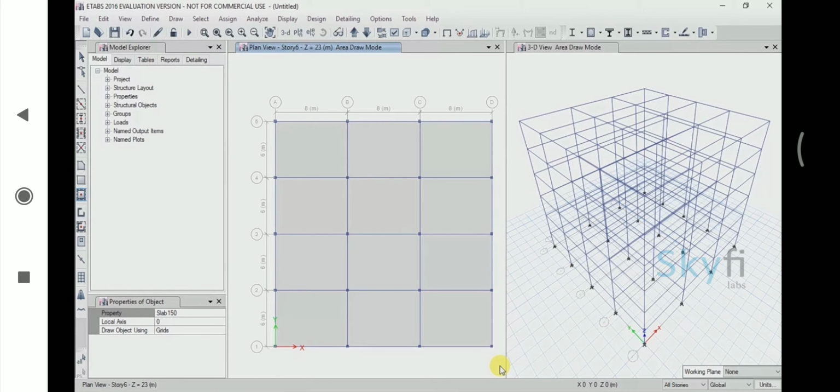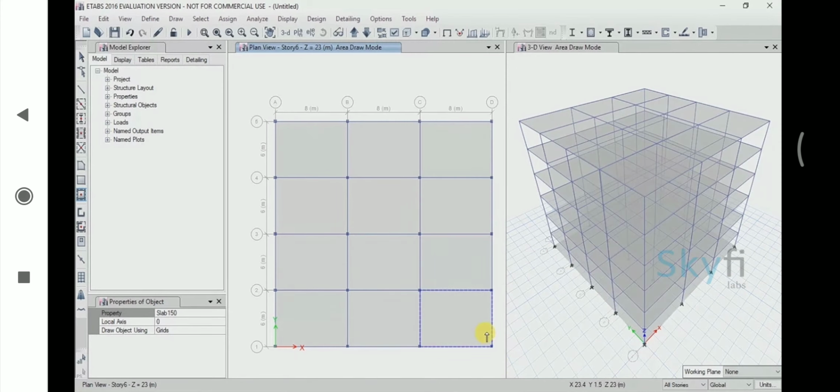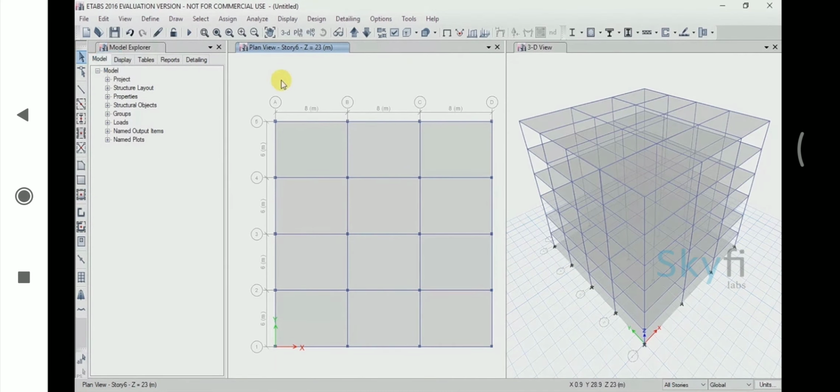Please note that after you are done using the drawing tool, you need to get the cursor back to its normal mode. Otherwise, if you select any region by mistake, the selected drawing object might get drawn on it. To exit the draw mode, press Escape on your keyboard, or you can click on the Select Object option on the left menu pane. The cursor will be changed to the original mode. You can now normally select any element without making unnecessary drawings. Press Escape on your keyboard to undo any selection.